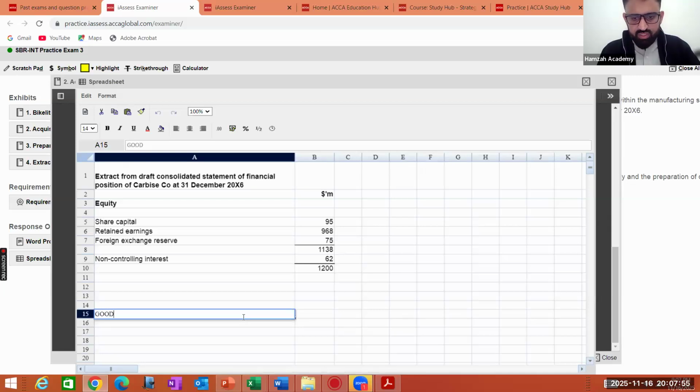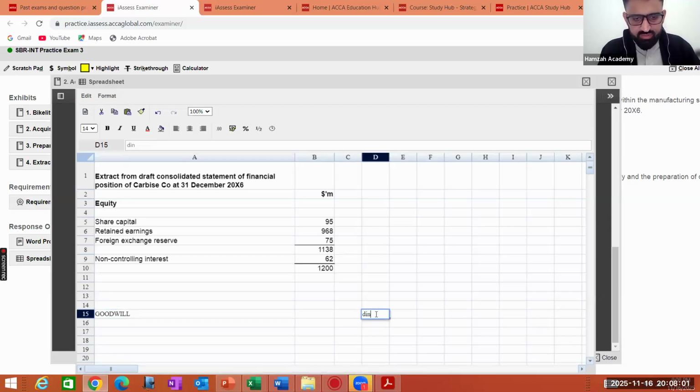And here we are going to calculate the goodwill. Now goodwill in terms of dinar, exchange rate, and here there will be dollar. So first of all, investment